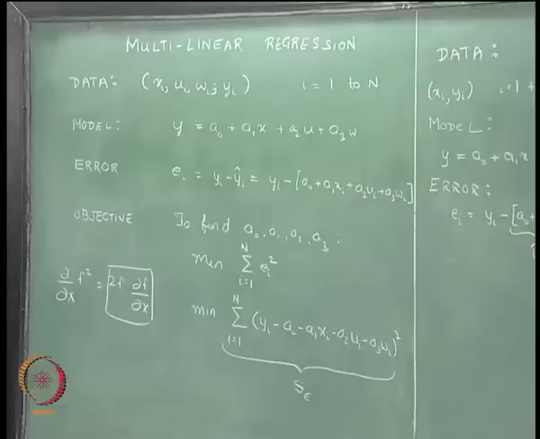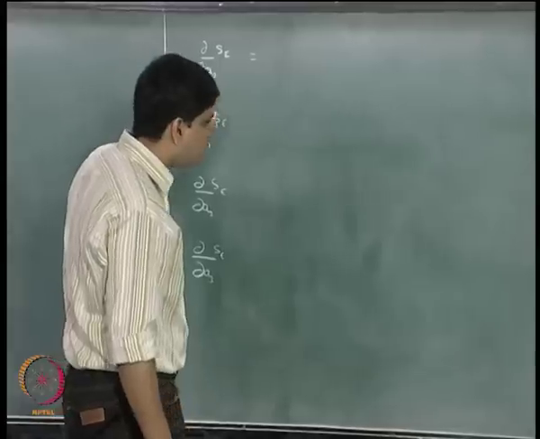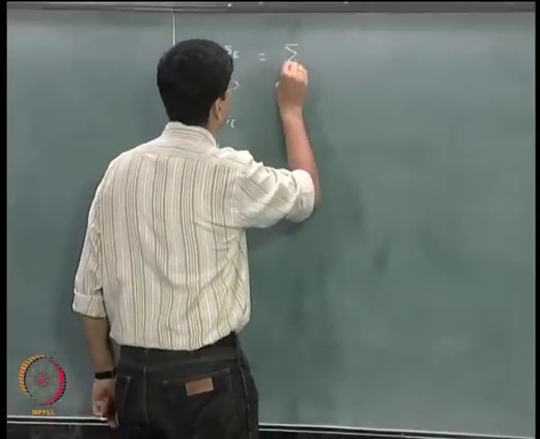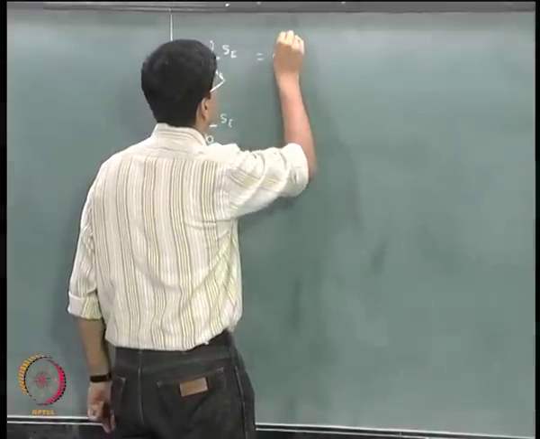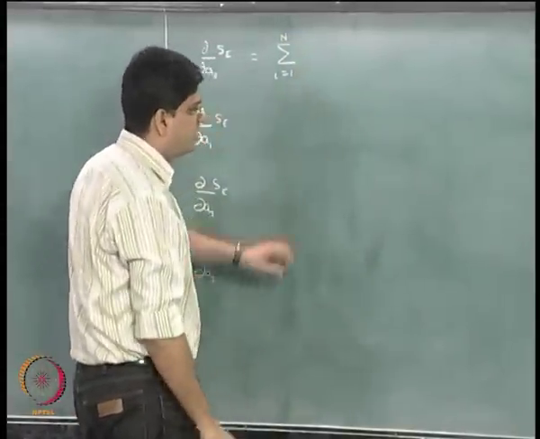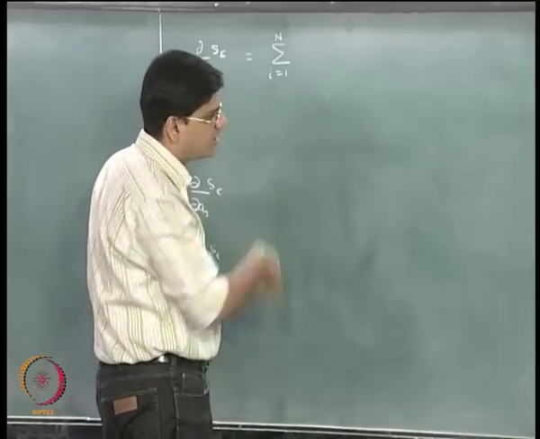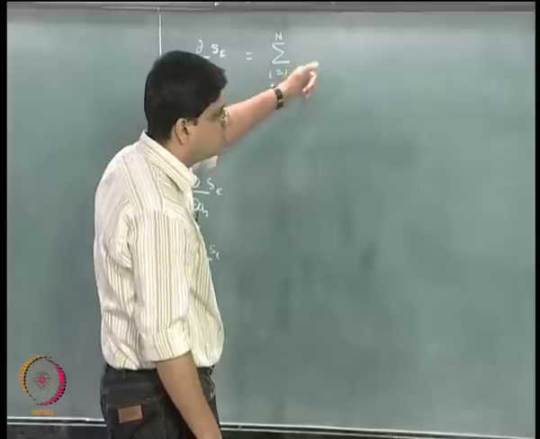So that is what we are going to get over here. So we will have summation i equal to 1 to n outside, we will have 2 times f, or in this particular case 2 times ei,